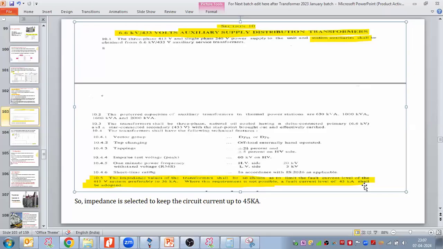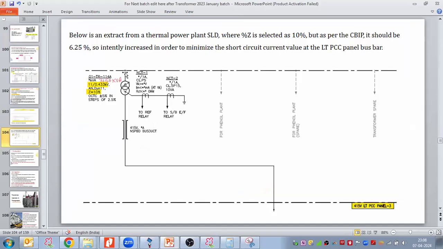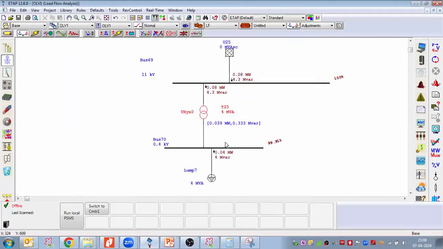Means they are telling that the fault level at the 400 V side, which is generated by the transformer, should be less than 45 kiloampere. So in that case, here I have an example, like this is an 11 kV by 433 V system, and we have 3150 kVA, and in that case the percentage impedance that we have taken is 10%. We can simulate this as well, like here we go, and if we